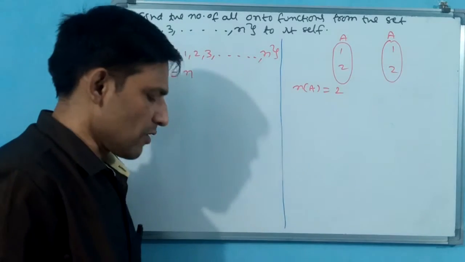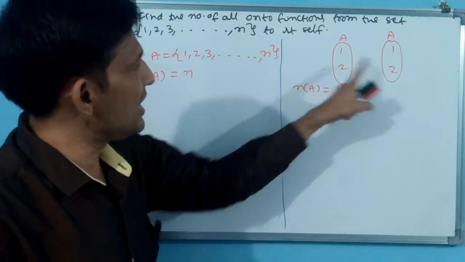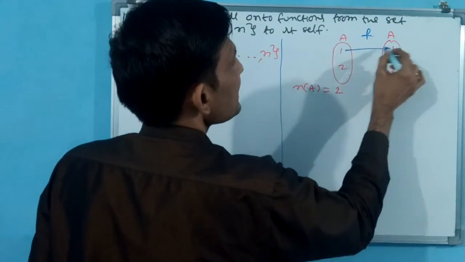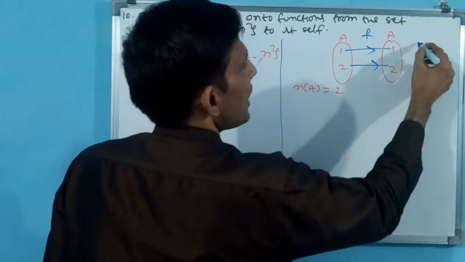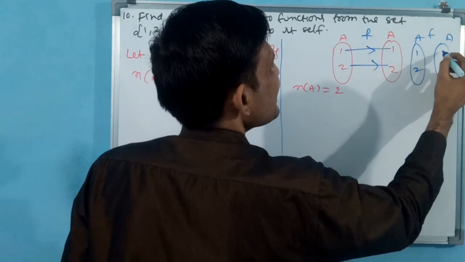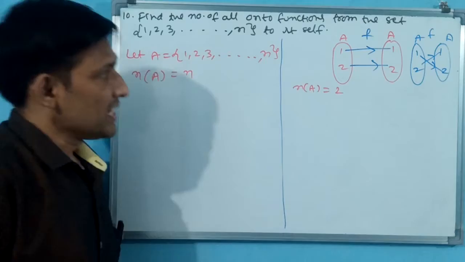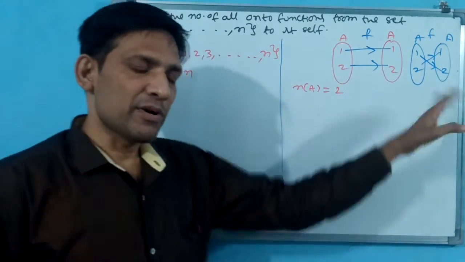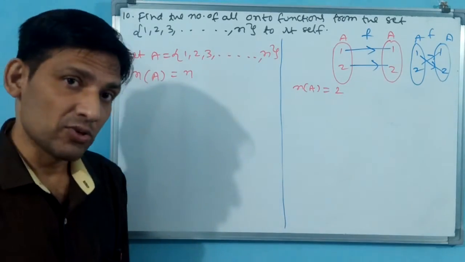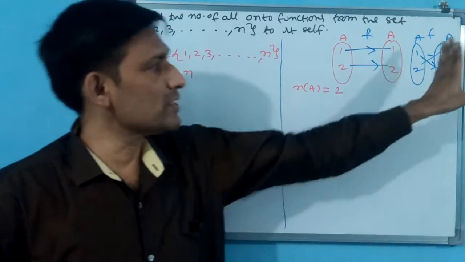2. Okay. Now in how many ways can you make this? See, 2 to itself means the same set, and you have to make a function f. Onto means it will be like this, or else another one is 1 to 2, 2 to 1. Rather than these two, are any other possibilities there for functions? It should be onto. You may say 1 to 1 or 2 to 1 also. Okay, 1 to 1, 2 to 1 is okay, it is a function.